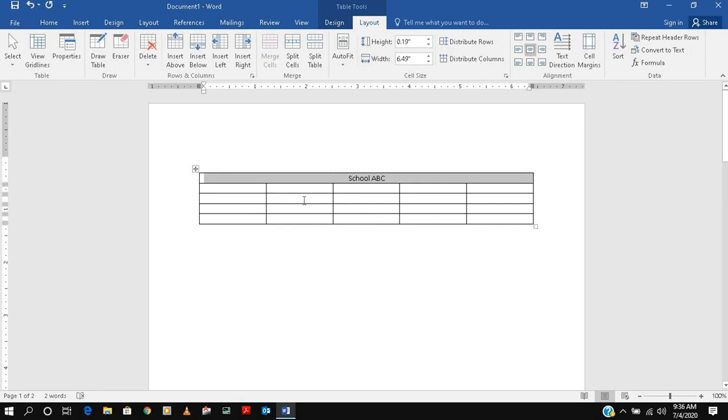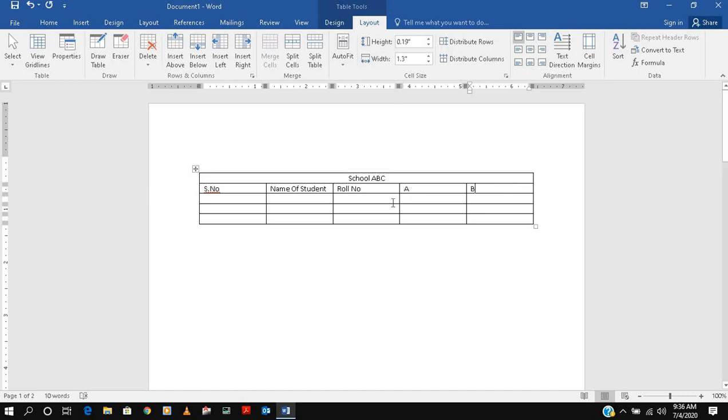Then you add serial number, name of student, roll number, whatever you want, as per your requirement.